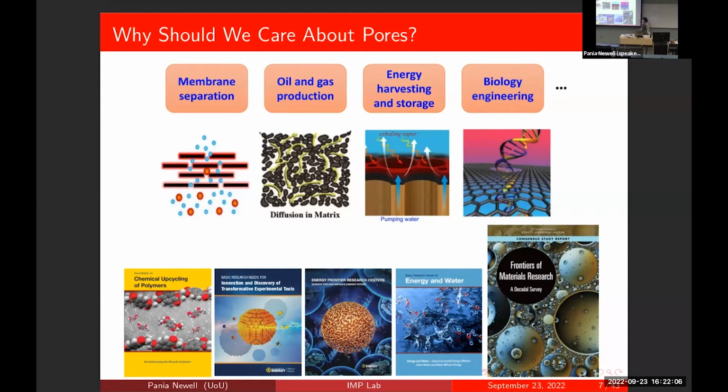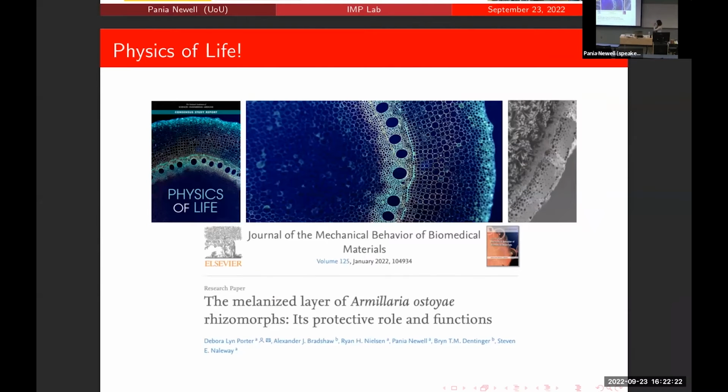And it doesn't end with that. The National Academy of Sciences and Engineering, in their decades of studies on material sciences, as you can see on the cover page, are highlighting the importance of the porous system. And recently, about a couple of months ago, the National Academies of Sciences, Engineering, and Medicine put this report out, Physics of Life. This is an area that many people these days are fascinated by, trying to understand the origin of life and how we can mimic it in our material designs and so on.